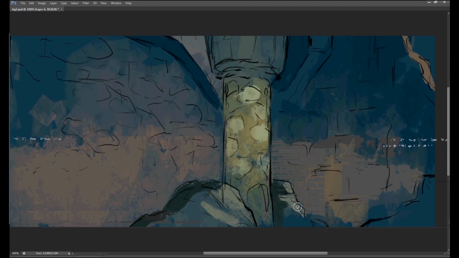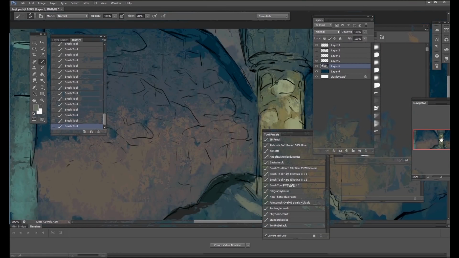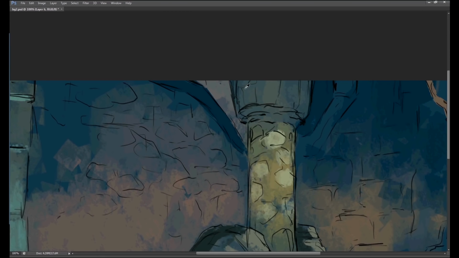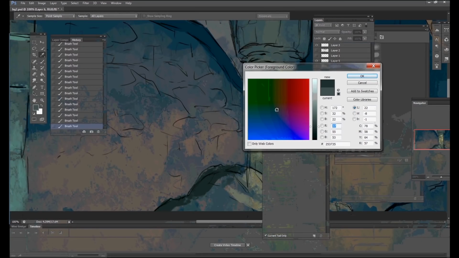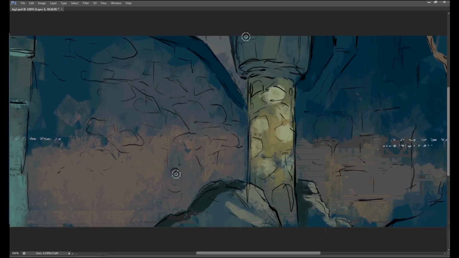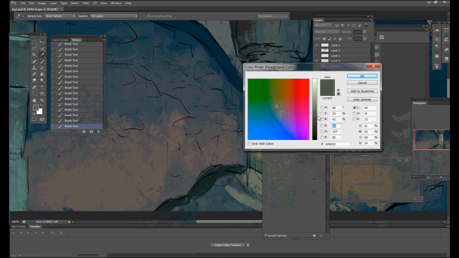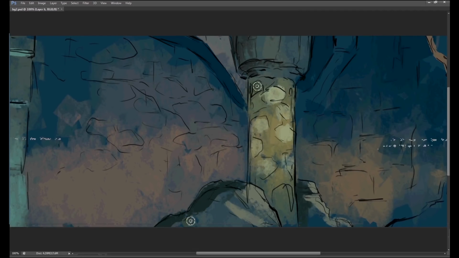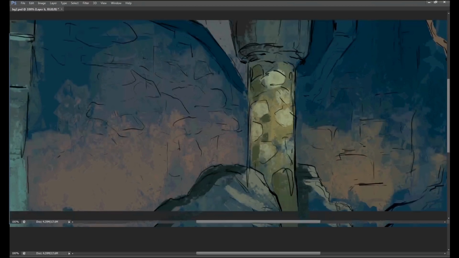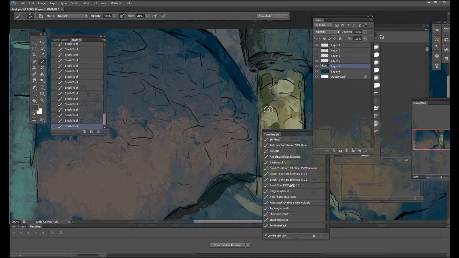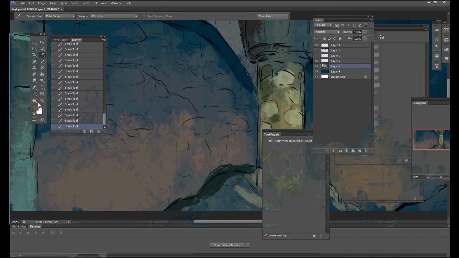I have this rule when it comes to colors that I don't simply make things brighter by adding white or darker by adding black. Technically, when things go darker, they don't get darker by being more black, but sometimes they'll reflect some of the shade colors, which in this case is teal. Or for example, in here, when the moss is hit by light, not only does it get brighter by getting whiter, but there's more saturation, it gets more vibrant, colors can get warmer. But it's all up to you really. This is really just a direction choice I'm going for. Now I'm thinking, should I add a bit more light to the background?